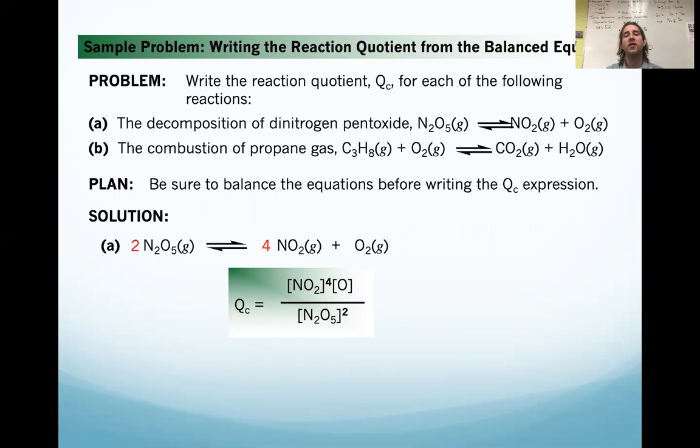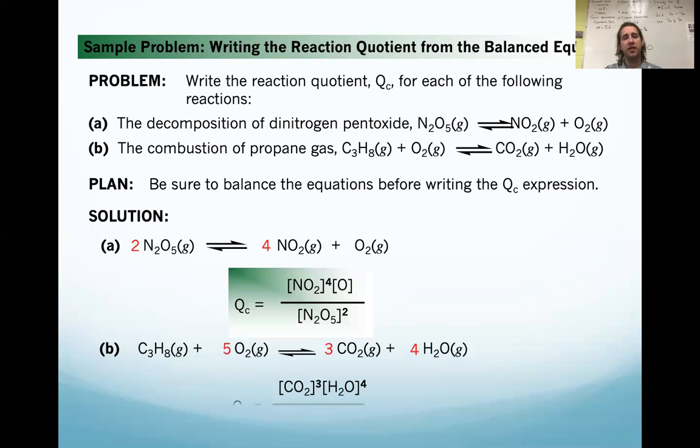NO2 to the 4th times, that should be O2, sorry, a typo there, all over N2O5, our reactant raised to the 2nd. Those coefficient values are now going to be our exponents for our expressions. We're assuming all of these to be elementary reactions. Cool. For the second one, once you got it balanced, we end up with this one, CO2 to the 3rd,